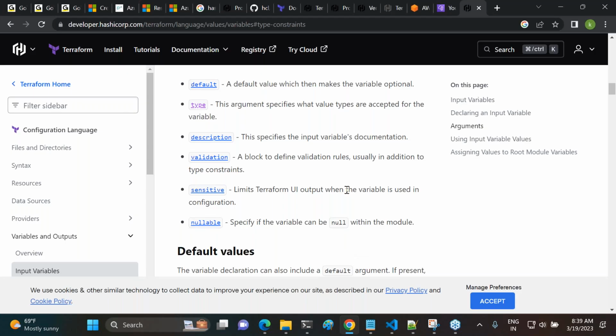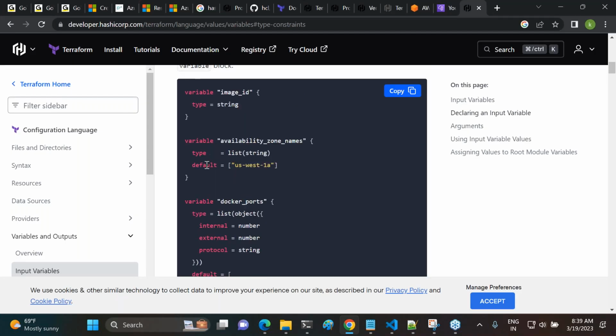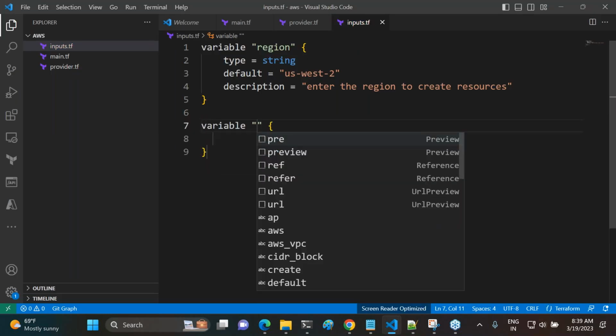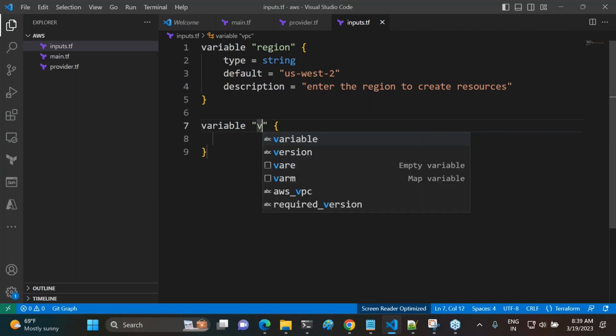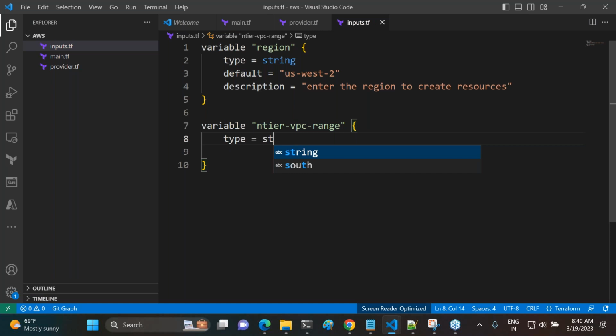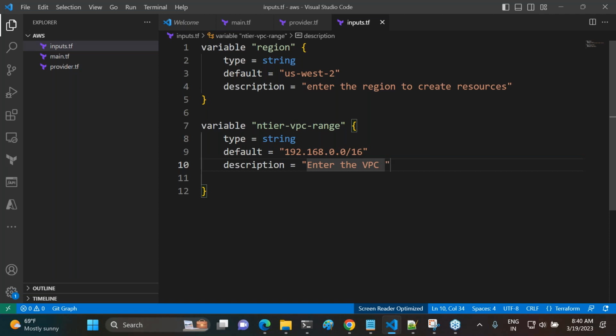Now that is exactly what he has done over here. You try to see variable, and then he has given default value. Right, sir. Now let me try to write one more variable, which is enter-VPC-range. Type again string. Default value is 192.168.0.0/16. Description is